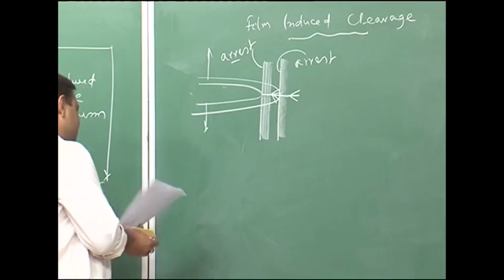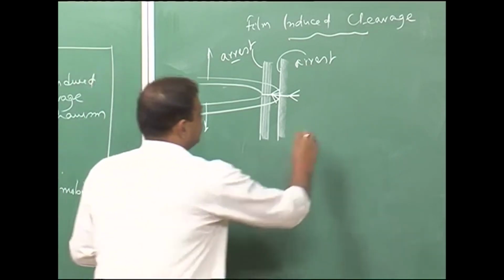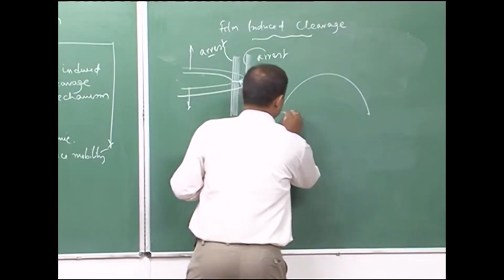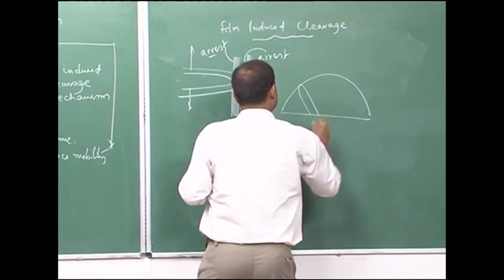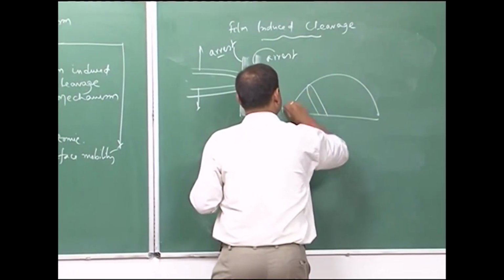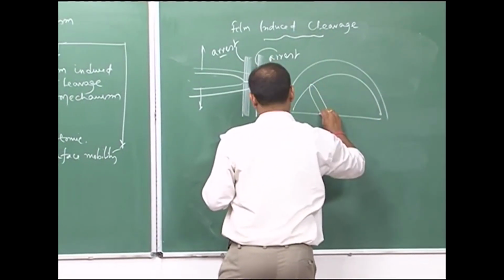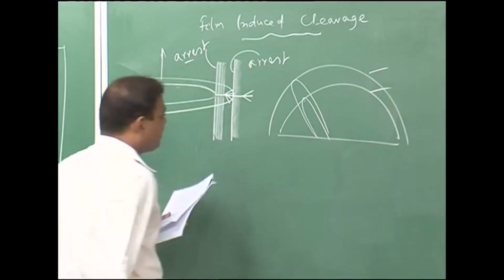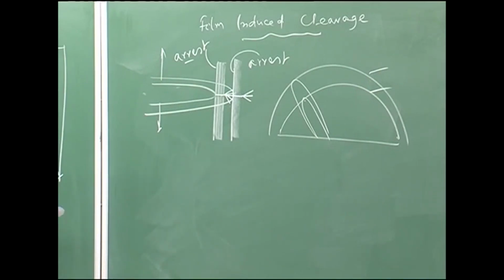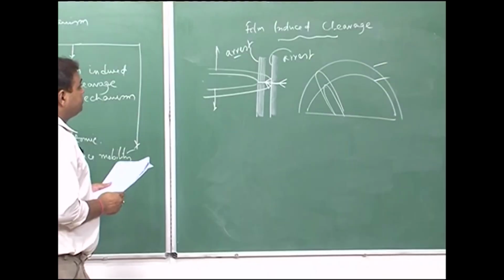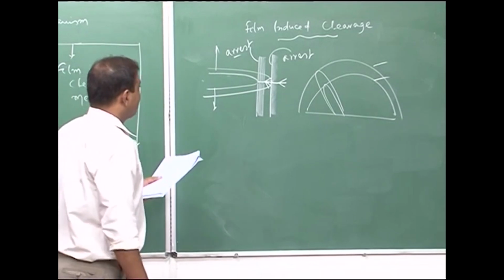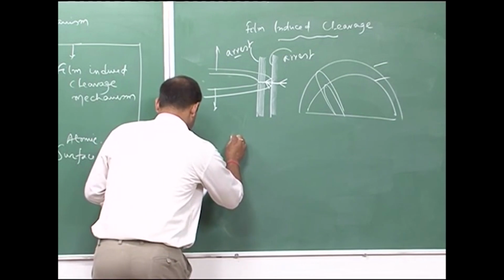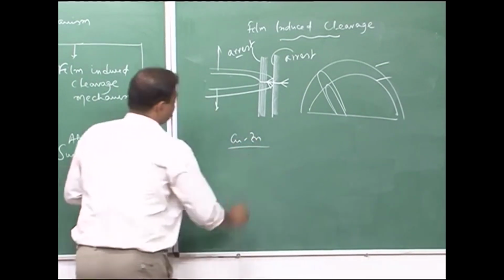and if you would like to see this way, let us say this is my semicircular crack. Now, this is one crack, and this crack is moving, this surface again it will stop like this. So, these are basically the crack arrest marks. So, this is film induced cleavage mechanism, and this mechanism can explain the SCC crack in copper zinc system or